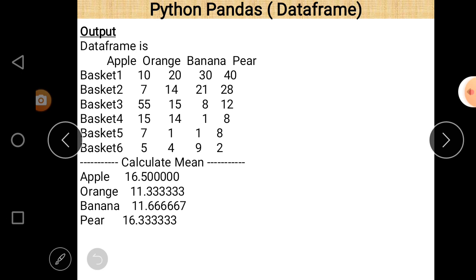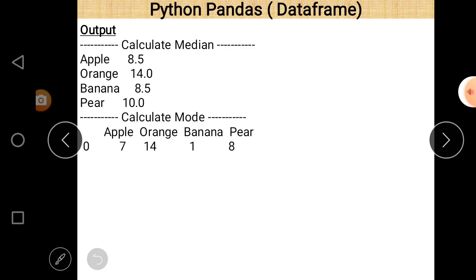In this case it is actually calculated by the mean function. So this is the answer: 16.5, 11.33, 11.66, and 16.33. These are the mean values corresponding to apple, orange, banana, and pear. Next is calculating the median.